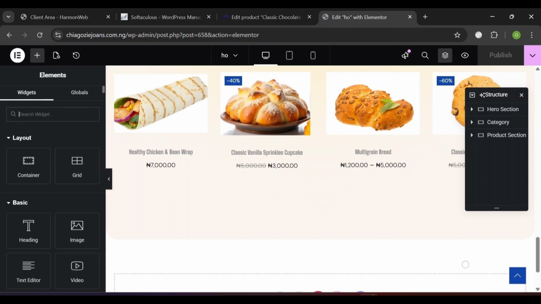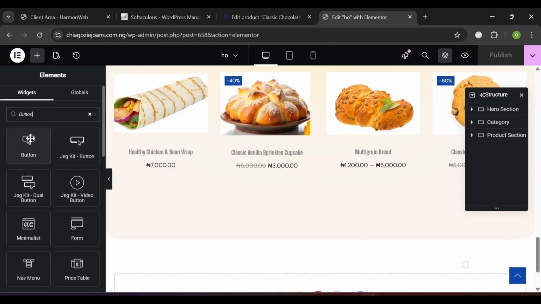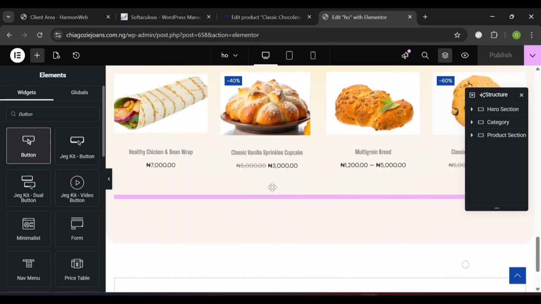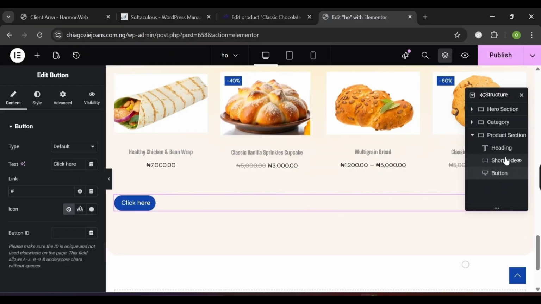Now we are going to search for button, then we drag and drop this button widget here. This is after the shortcode and is part of this product section. Now we are going to change the text to order now,